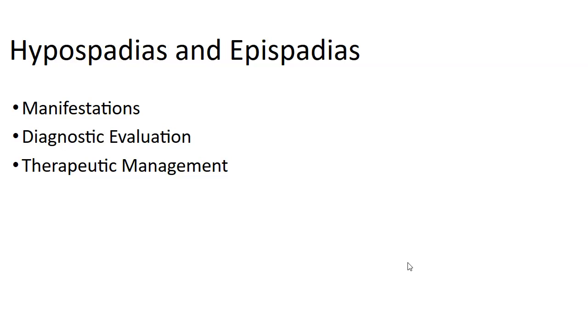Hypospadias is a congenital deformity where the opening of the urethral meatus is below the normal placement of the glans of the penis. Epispadias is where the opening is on the dorsal aspect of the penis and is more rare than hypospadias. Manifestations include the abnormal placement of the opening, and diagnosis is made by the physical assessment. Correction of hypospadias is done surgically as an outpatient status. Recommendation is to perform the surgery when the child is between 6 and 12 months old. They should not be circumcised.